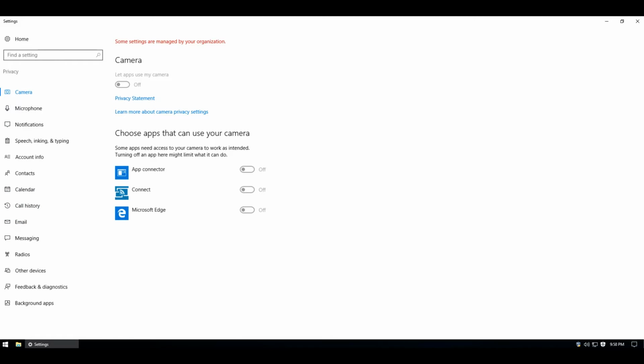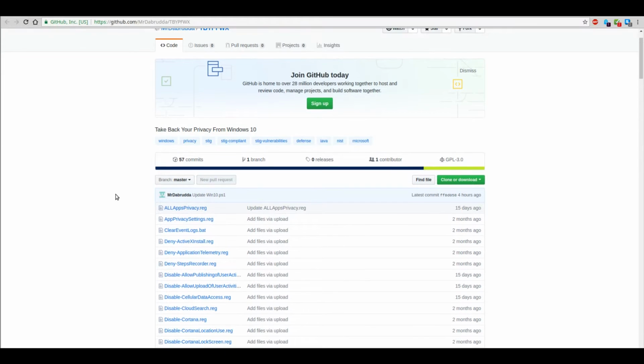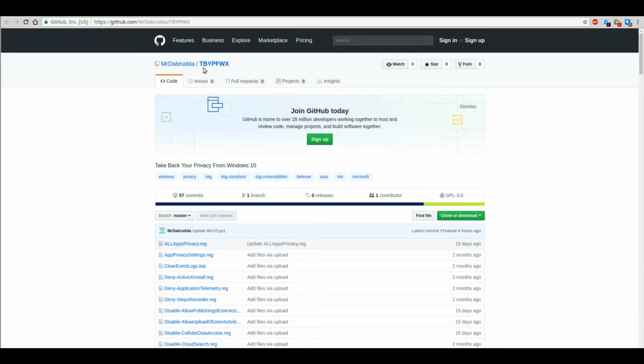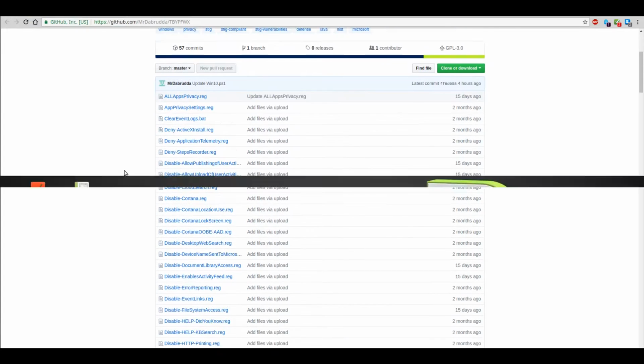But I have come up with a way of mitigating these security lapses, since Microsoft thinks it's their right to gather data on people. I've started an open source page, and this is Take Back Your Privacy from Windows 10, right here. And the various settings on here,